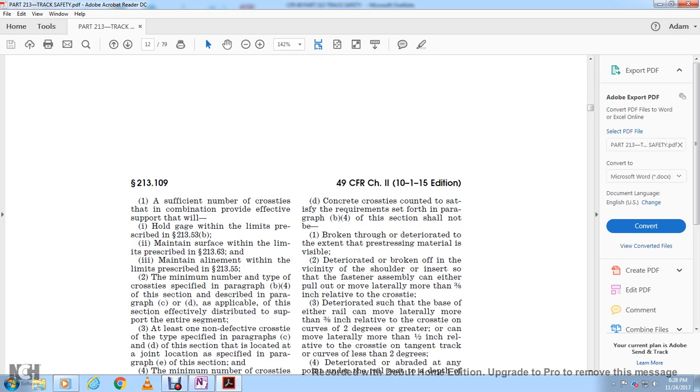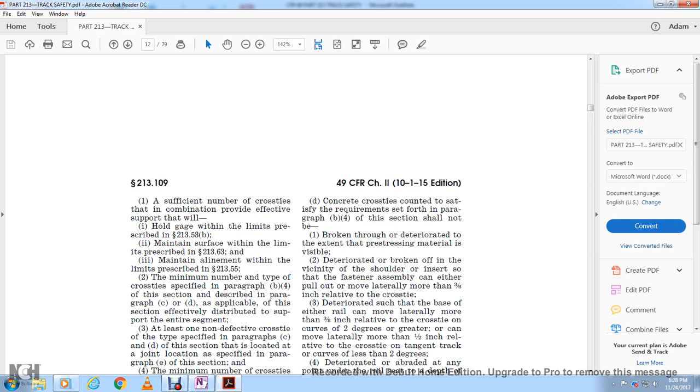Concrete cross ties shall be counted as satisfying the requirements set forth in paragraph B4 if they are not broken through, or deteriorated to the extent of visible deterioration of the prestressing material; broken off in the vicinity of the shoulder insert with the fastener assembly, which can either pull out or move laterally more than 3/8 of an inch relative to the cross tie; or